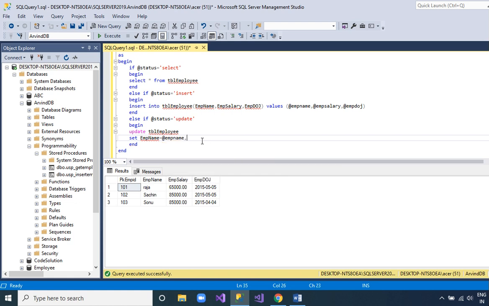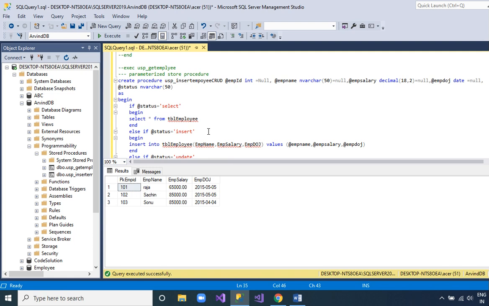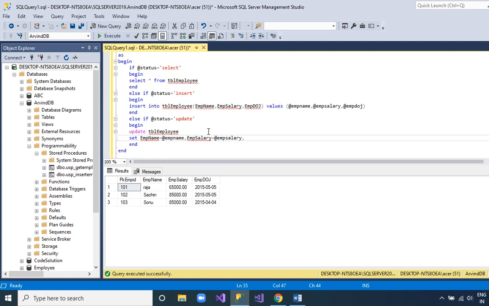Okay, and employee salary. After the employee salary, we have the employee DOJ, date of joining, employee date of joining.